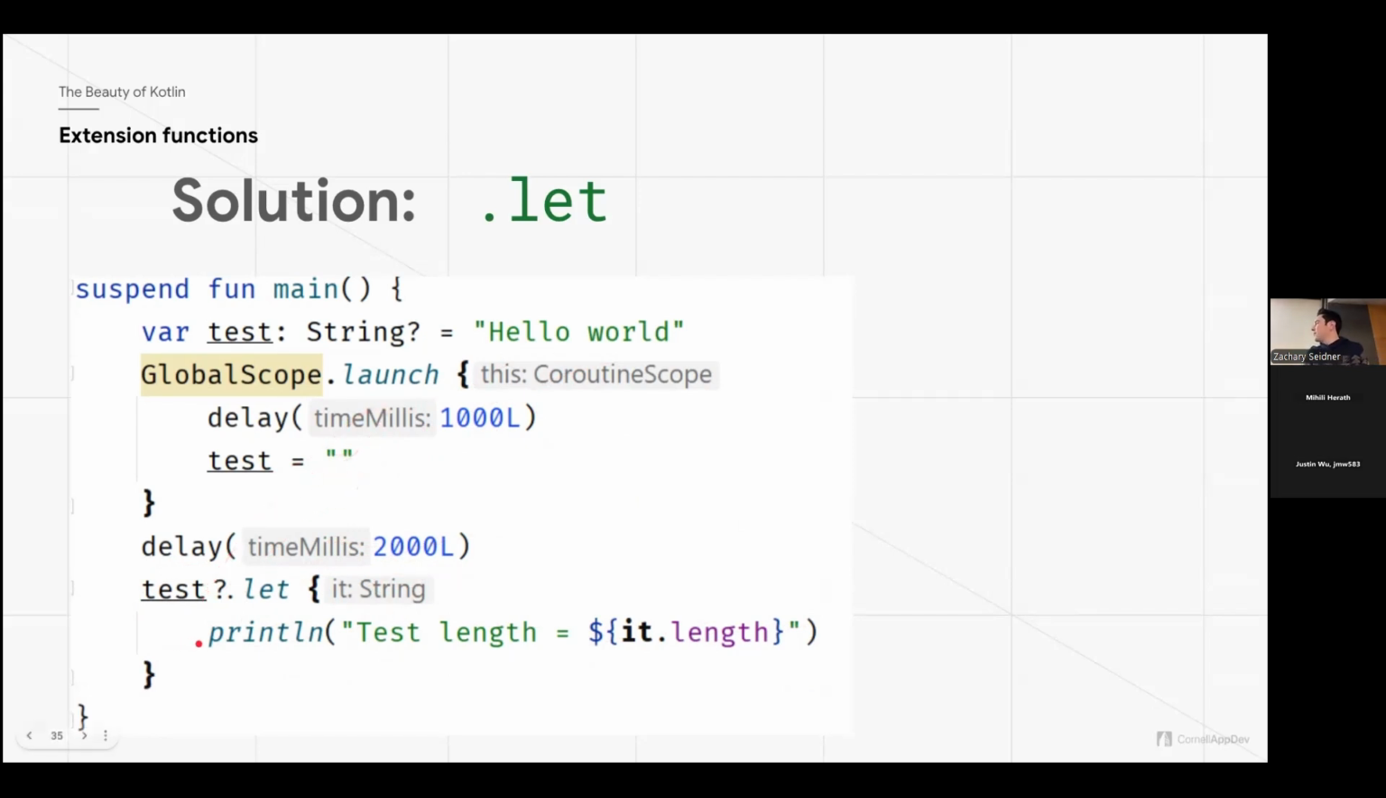Here, the question mark dot is a special way of interfacing with optional values. With question mark dot, it will only call the function on the value if the value is non-null. But we already waited 2 seconds here, and test is null. So .let won't even be called. And if you reverse the order of these, then what would happen is,